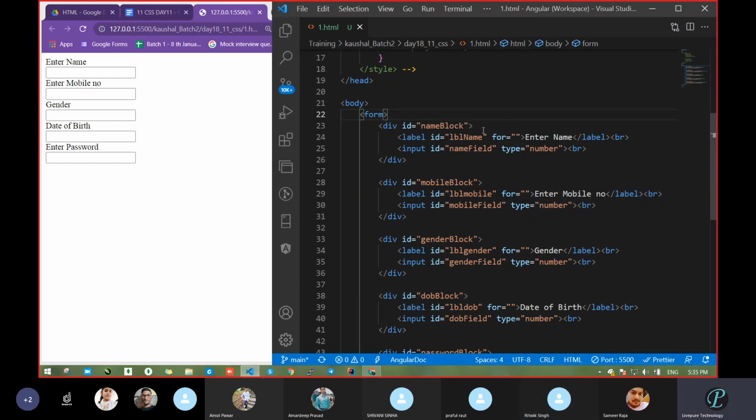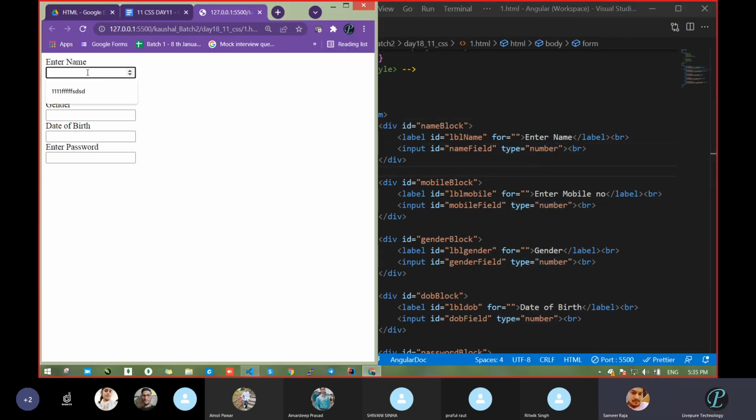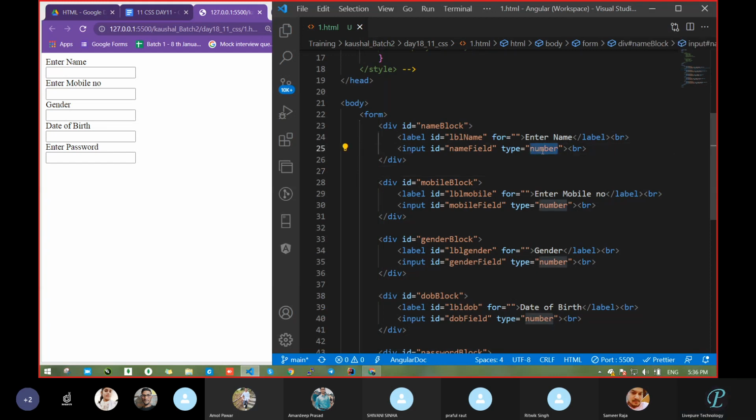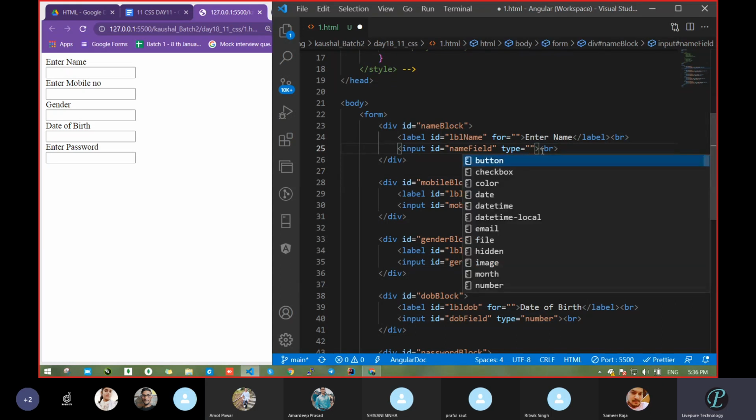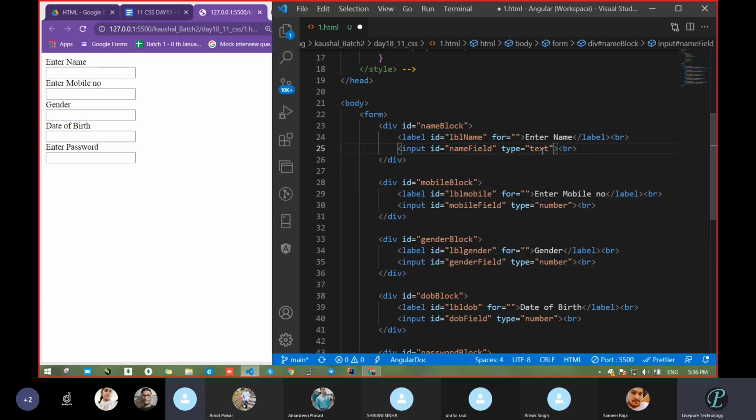Okay, let's see what we are going to do in the input field. Now we have type equal to number. Let's enter the value. My name should be ABC something, but it's not coming. Is this correct? Pooja, is this correct? No. If not, what should be the type? Because that is due to type. Sweta, what are you thinking? Type should be just a control and a space. Let's see what suggestions you are getting. We got this many suggestions. What should we take? Text. Text is there.